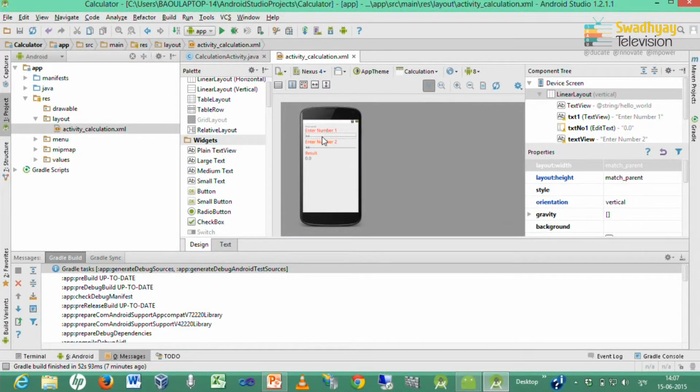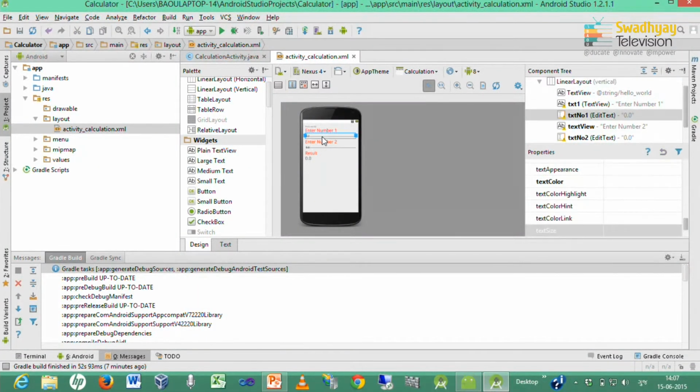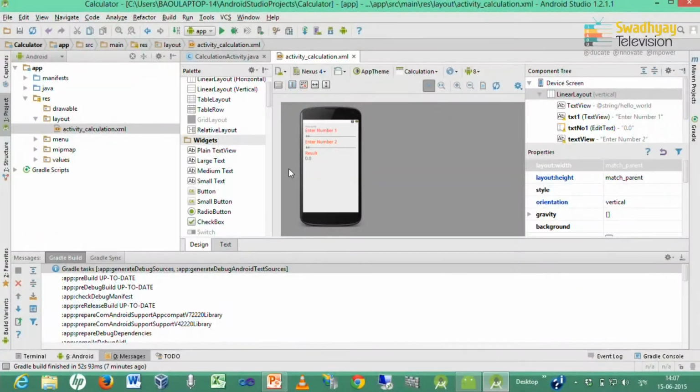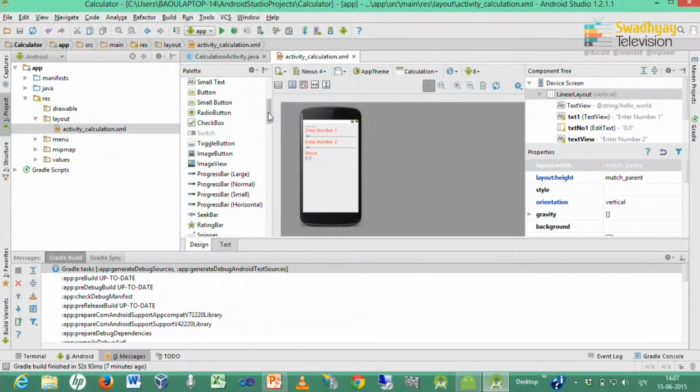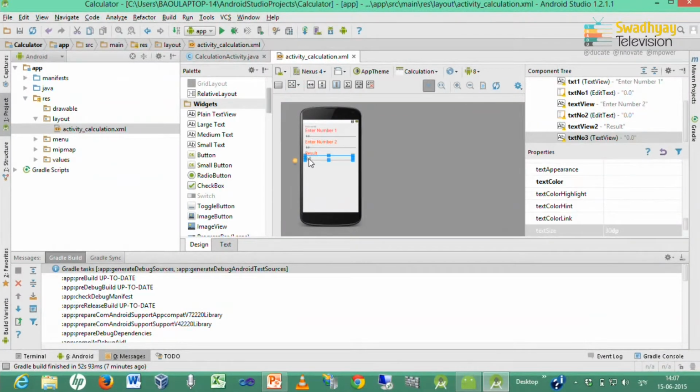Now the user can enter a number in the first edit text and in the second edit text. Whenever the user clicks the button with the addition caption, he can get the addition in the last text view, and whenever the user presses the subtract button, it will get the subtraction of number 1 and number 2 from these edit texts. So I am dragging two buttons.